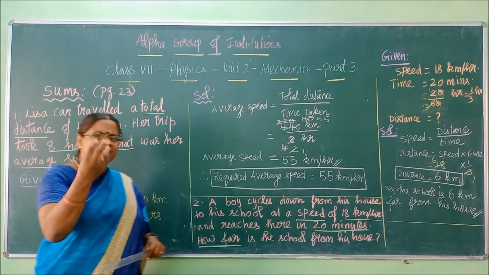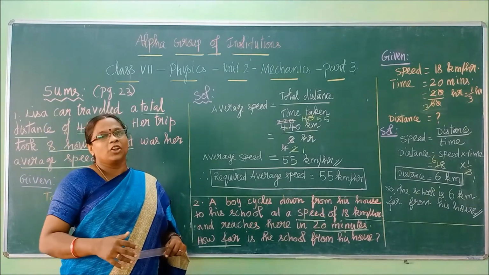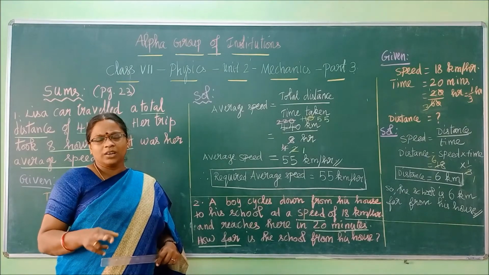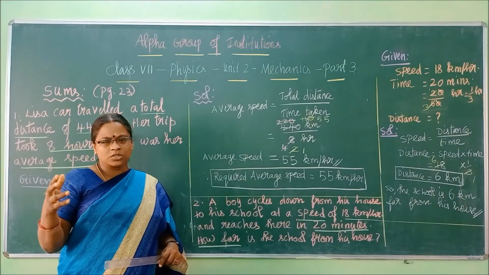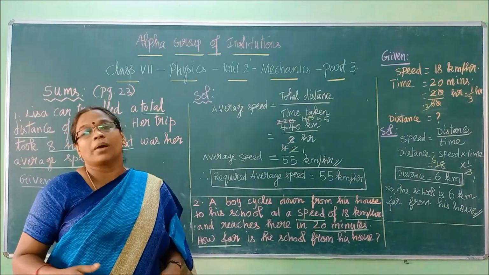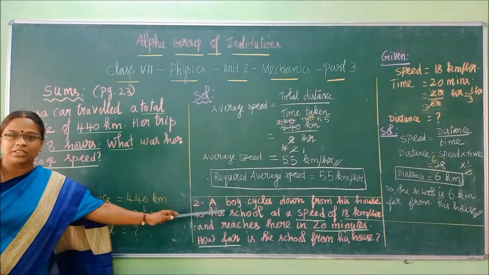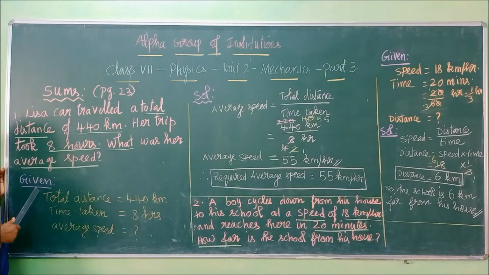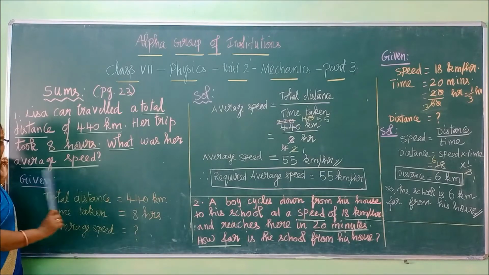Now just reading these three terms, you need to get one formula in your mind. There are three terms here. So this is asked, so what formula do we need to use? You need to start to think that in your mind. So the first step in doing the sums is, you write given. Whatever you have underlined, just write here: distance is 440 km, time taken is 8 hours, average speed is question mark.